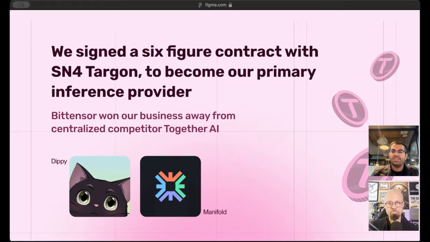We used them initially last year. We didn't have a great experience because of the privacy piece, which was that miners could see all the user generated data. And instead of saying, hey, maybe you're not a customer that we want to serve, they went back to the drawing board. They came up with the Targon execution environment, which obfuscates everything so that the miner can't see anything. And they came back to us and were like, hey, let's do a pilot again. And they were pretty active on support. So yeah, I think there's a lot more that goes into building a successful B2B business than just building the infrastructure. And I think that's what Targon gets right.